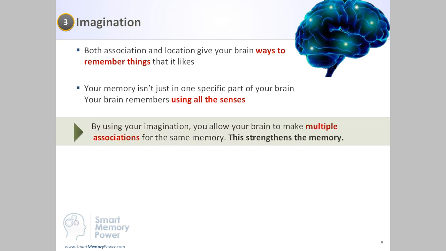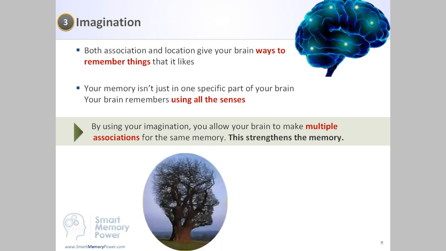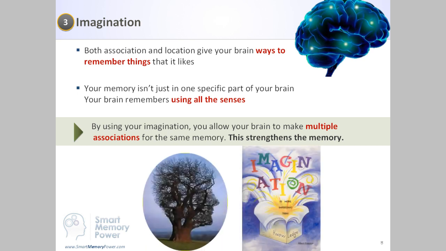By using your imagination, you allow your brain to make multiple associations for the same memory. That, of course, strengthens the memory in itself, okay? So use multiple associations for the same thing, and you'll be able to get a much clearer picture of that in your mind. So, for example, you could go ahead and use your imagination to remember something using a sense